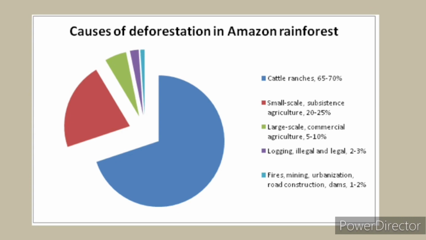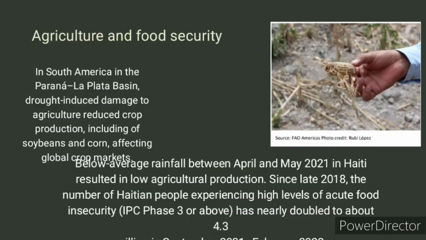Next is the agriculture and food production, food security. So in South America, in the Parana, La Plata Basin, drought induced damage to agriculture reduced crop production, including of soybeans and corn, affecting global crop markets. In addition, below average rainfall between April and May 2021 in Haiti resulted in low agricultural production. Since late 2018, the number of Haitian people experiencing a high level of acute food insecurity has nearly doubled to